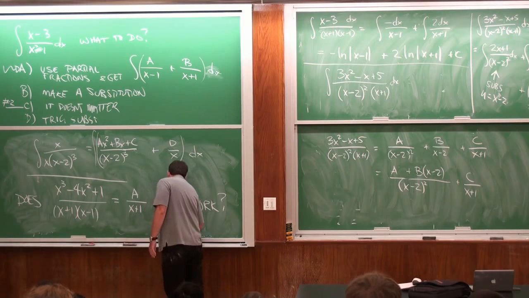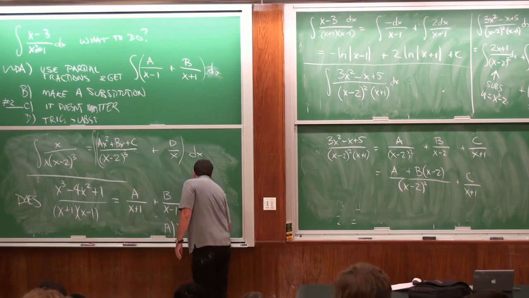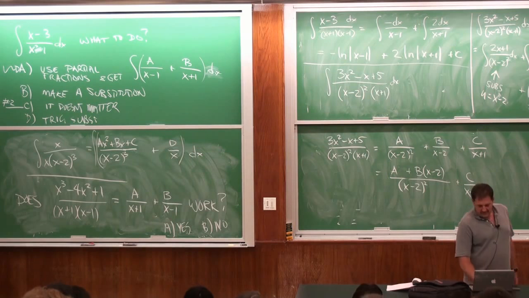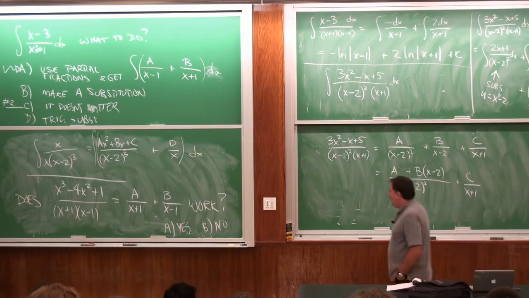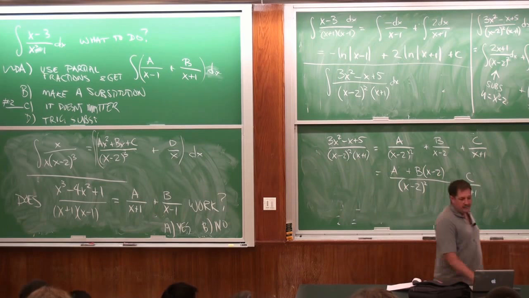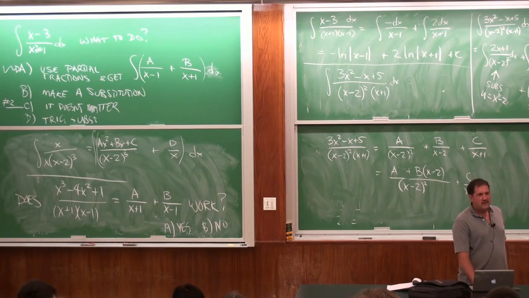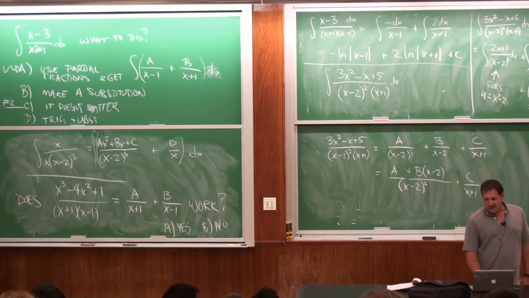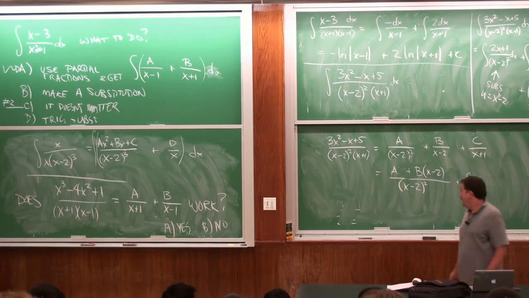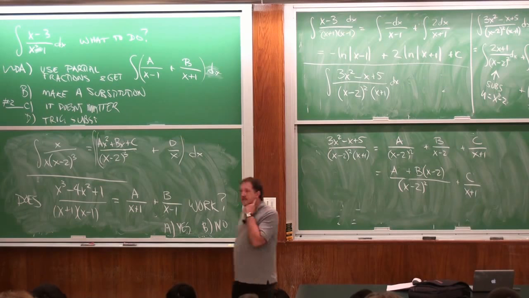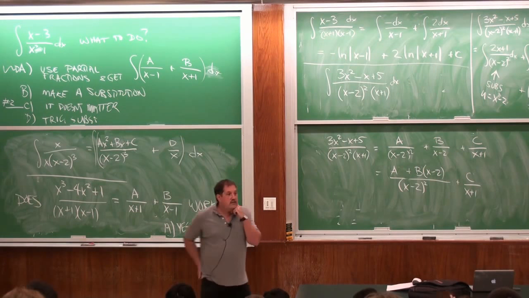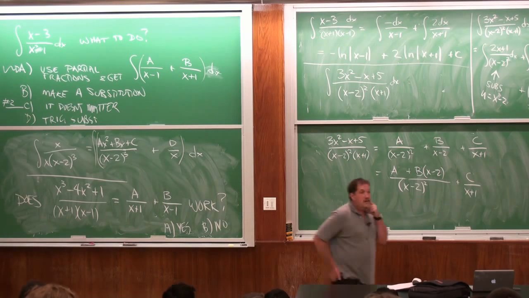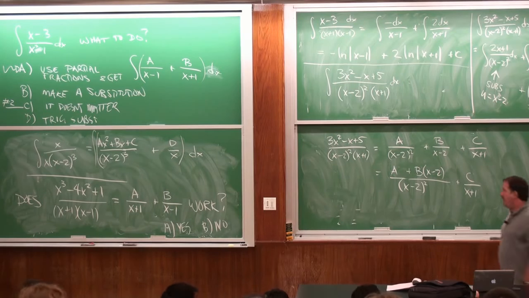So A, yes. B, no. There you go. I seem to have gotten a lot of people, so I'll stop there. Unless you need more. Okay, so, by overwhelming majority, you think this won't work. And you're right. Why won't this work? I can't get an x cubed. So what do I do? I divide it.